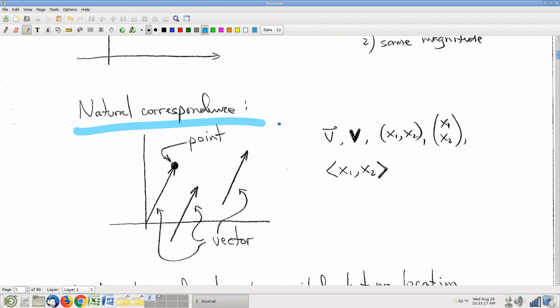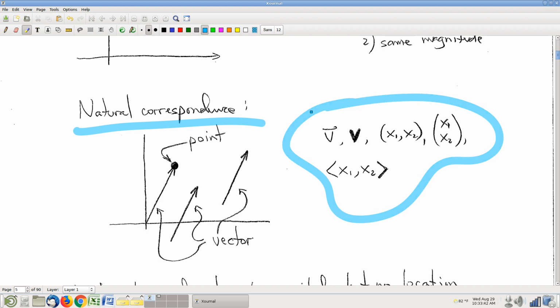Or if you have a point and you want to describe it as a vector, no problem. For that point, we're talking about the point that has the corresponding vector, and it makes perfect sense. So that being the case, we tend to kind of conflate the notations. All of these things are ways that you can describe either a point or a vector. It's arguably a little bit sloppy,